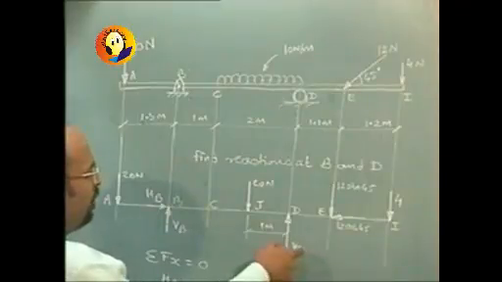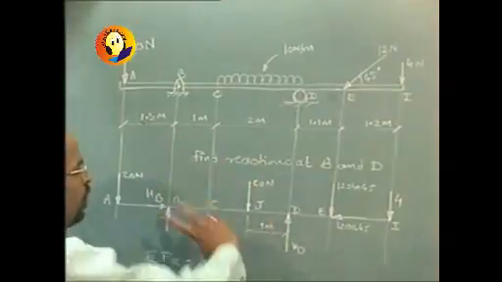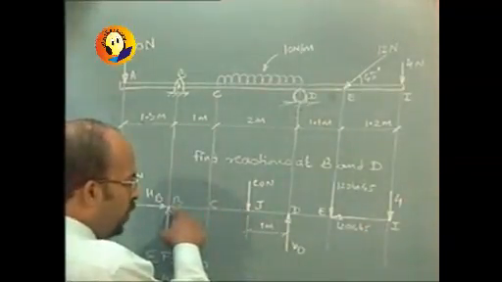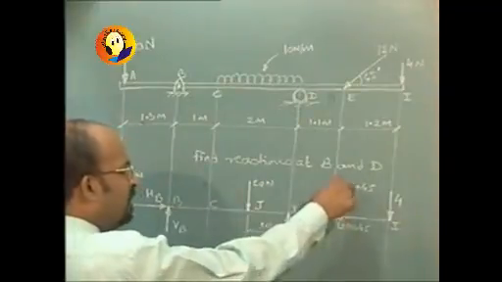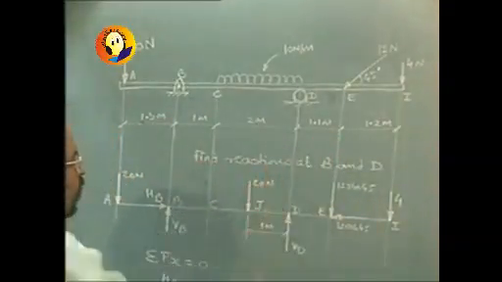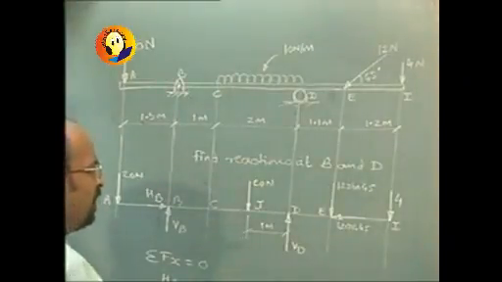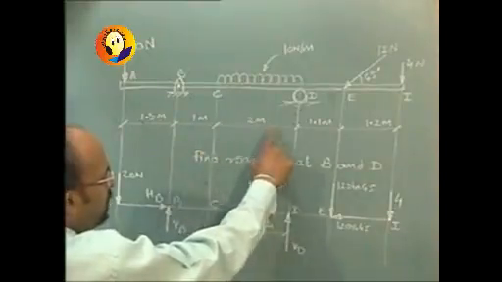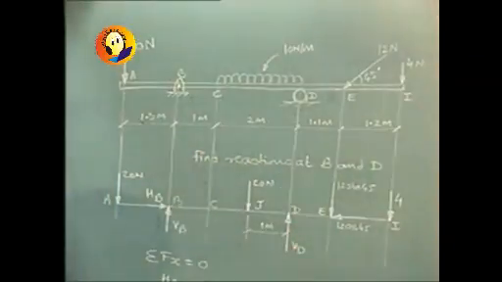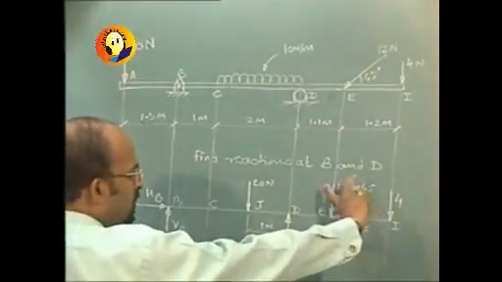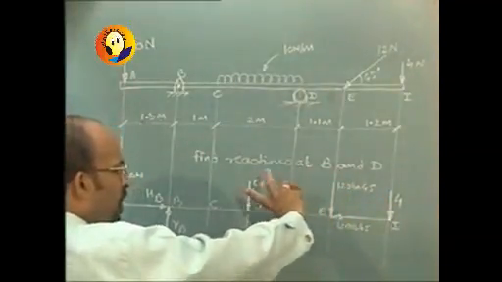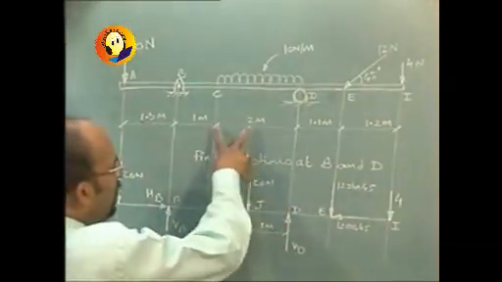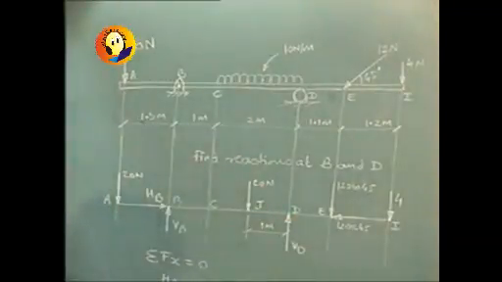For D, it will be VD into 3, anti-clockwise, negative. 12 cos 45 passes through B horizontally, so 0. Whereas 12 sin 45 is vertically downward and will produce a clockwise moment, which will again be positive. It will be 12 sin 45 into the distance, which will be 1 plus 2, that is 3, plus 1.1, 4.1. And a load of 4 newtons, acting downward at I, will produce a clockwise moment. It will be 4 into the perpendicular distance, which is going to be 5.3 meters.